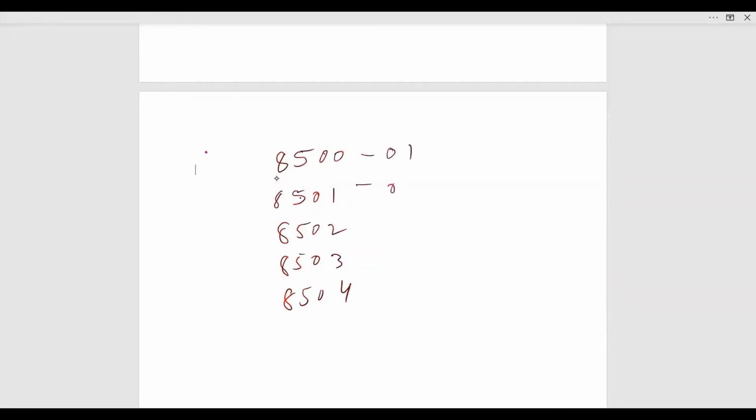Let us suppose the input data is located from memory location 8500 to 8504: 1, 2, 3, 4, and 5. So this block consists of 5 bytes. So let us take some data. This block of 5 bytes, that is 1, 2, 3, 4, and 5, we will transfer to another memory